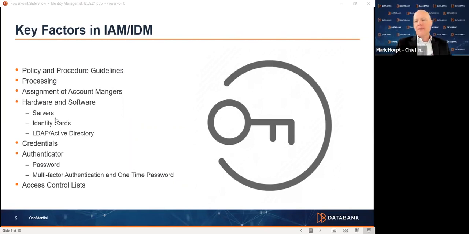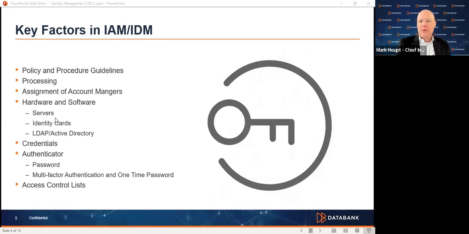And if you're a CISO and you have not distributed that account manager responsibility out to other managers that are responsible for various aspects and roles within the organization, I'd like you to reconsider that type of scenario, for a couple of different reasons. Number one, it does take some of the responsibility off of you as CISO and places it inside of the organization, a business unit, for example, where they have better knowledge of what they're trying to access and the functions that are occurring within that environment.